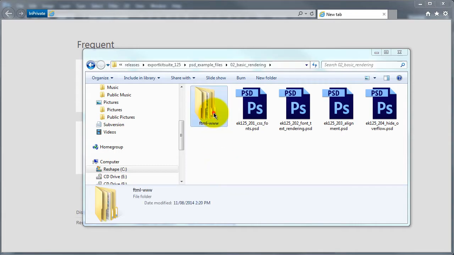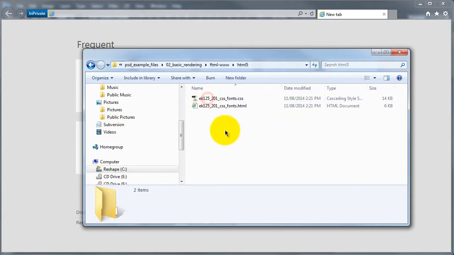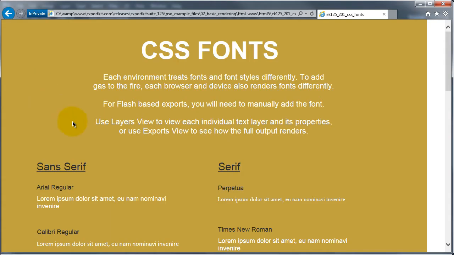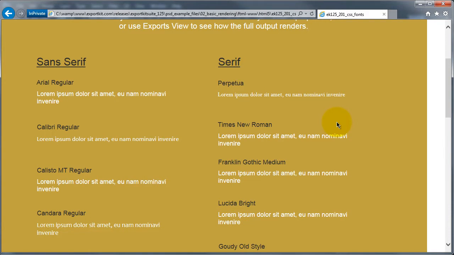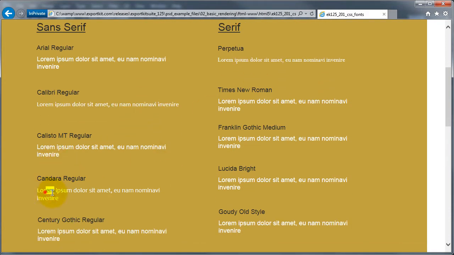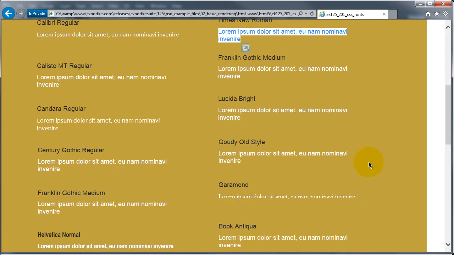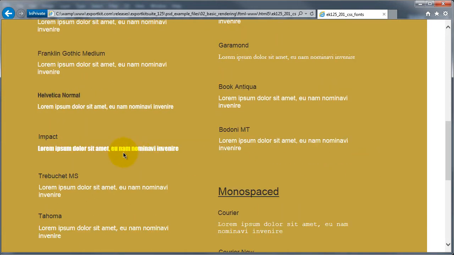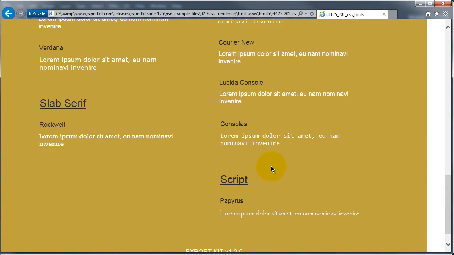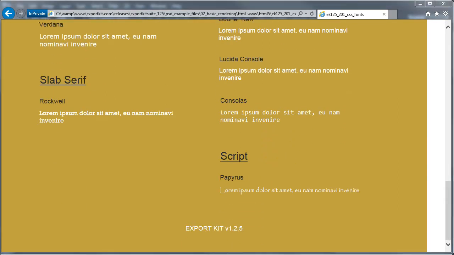Now that our export's complete, what we want to do is basically examine how each browser renders CSS fonts. So if we take a look in Explorer, we'll see that Explorer does have support for various CSS fonts. You can note this by how the font is actually rendered, but there are a lot of fonts which will render as Arial, and you can see this here where they're all the same typeface. But if we scroll down, we'll see that Explorer does have some support, so for instance Impact, Career, and so on. Now if we take a look at Firefox,